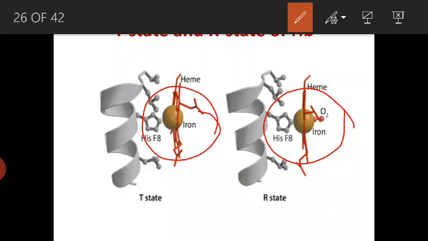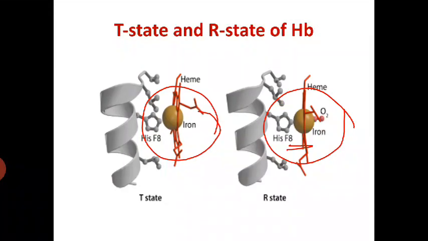And see, one more thing is that there is a distance between this iron molecule or porphyrin and the nitrogen or histidine. So there is a gap, whereas here there is no gap. That means nitrogen is almost attached to the iron; the distance between nitrogen and iron will be less. Let us see in the next slides